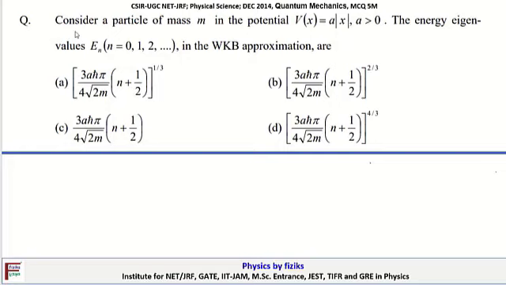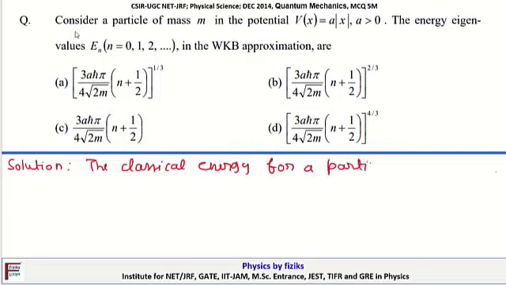Consider a particle of mass m in the potential V(x) equal to A mod x. The energy eigenvalues En for n equal to 0, 1, 2, 3 in the WKB approximation are. So we have to determine what is the dependence on energy using WKB approximation. Solution. Classical energy for a particle is given by